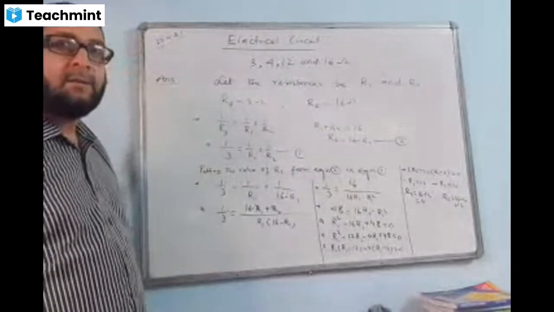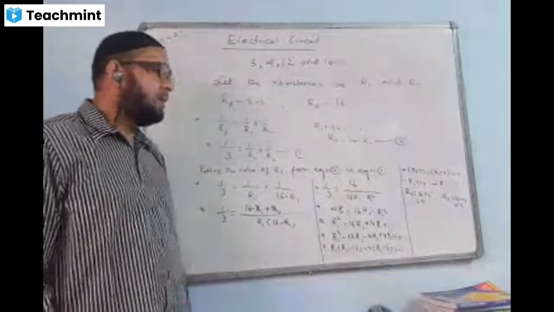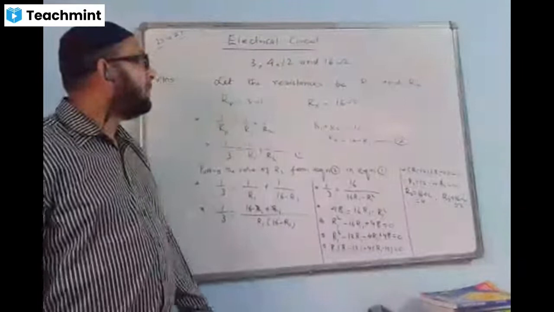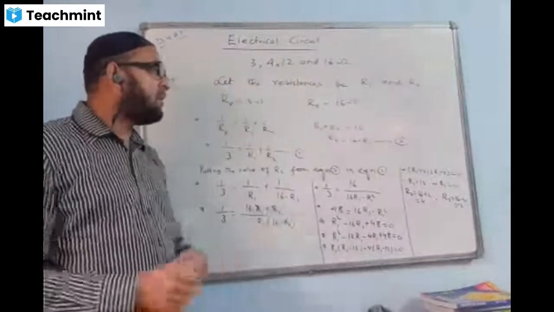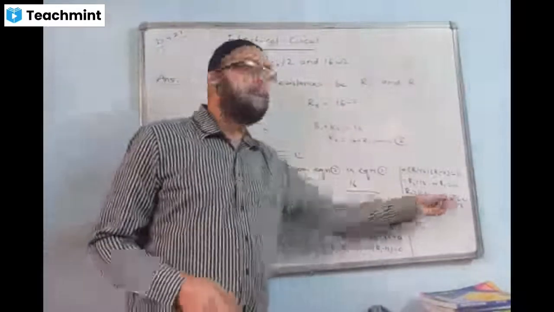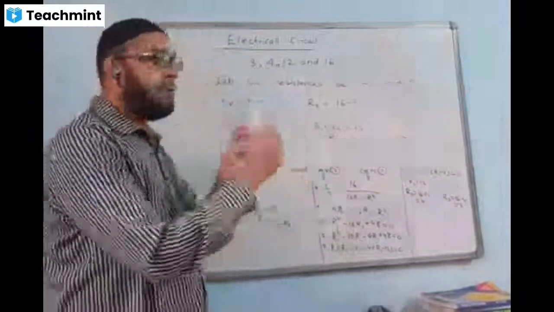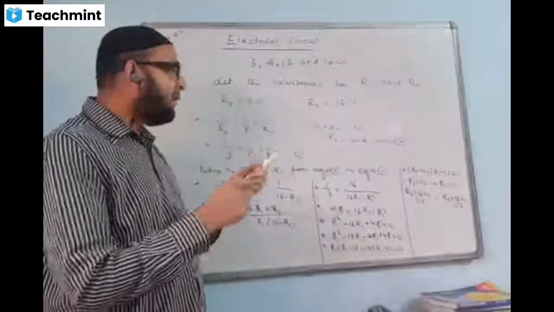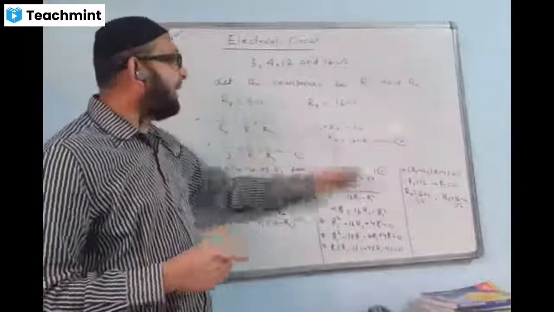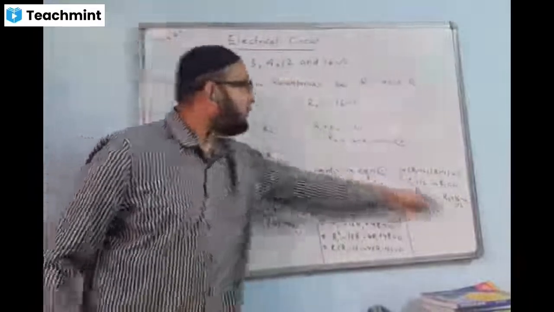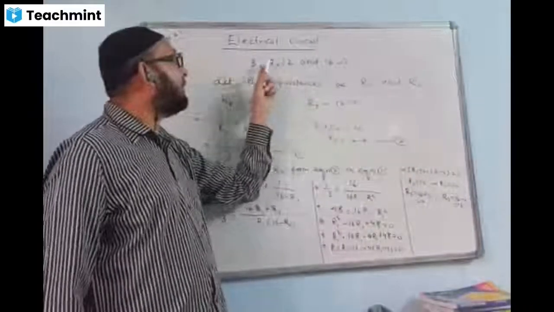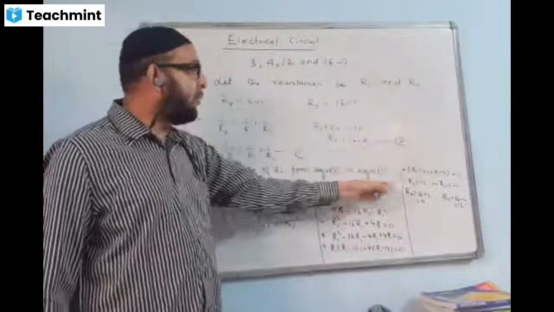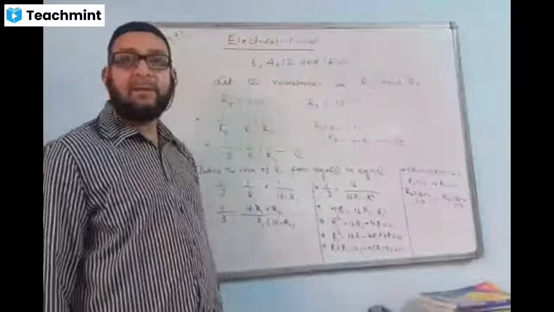Hence, the resistances of the two wires are 4 ohm and 12 ohm. That is it. I think you understood it. You can just think yourself, suppose 4 ohm and 12 ohm: when you put them in parallel combination, the answer will come 3, I'm sure. And when you take them individually, the answer is 4 ohm and 12 ohm. And when you put in series, then 4 plus 12 will give the answer 16.